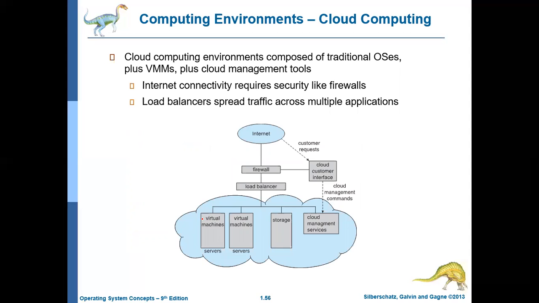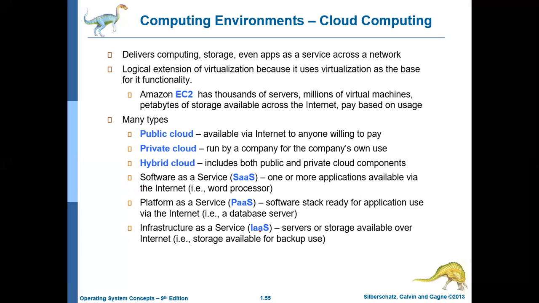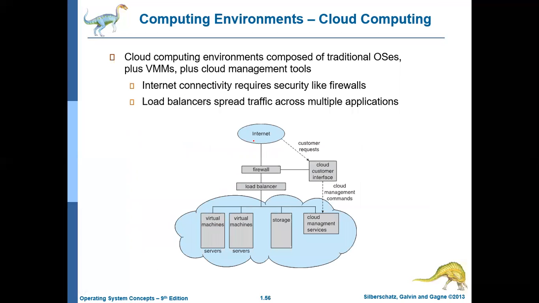So this picture represents how cloud computing works with IaaS, infrastructure as a service. Here you can see this is a cloud environment. There is a cloud management service. It maintains different devices. It has many virtual machines. It has a lot of storage, and there is some load balancing mechanism, and a firewall, and this is the customer interface part. This is also connected with the firewall.